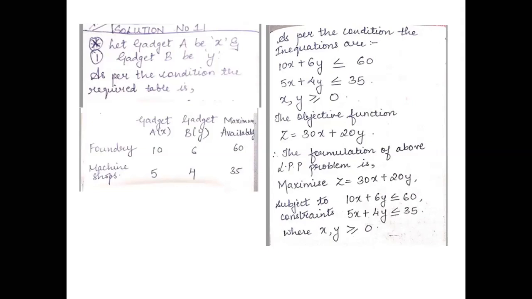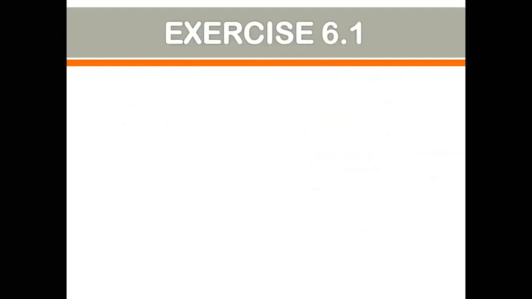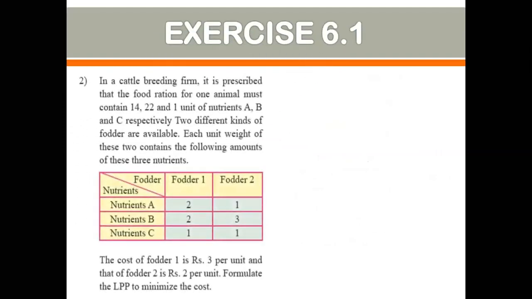Is the formulation clear of the first sum? So this is how the formulation of the sums with table will be. So whether it is minimum or maximum, only the sign of the inequations will change. The pattern will remain the same. Okay. Moving on to the next sum. If you have not followed, pay attention to the next sum. I'm giving you 2 minutes to read the question.